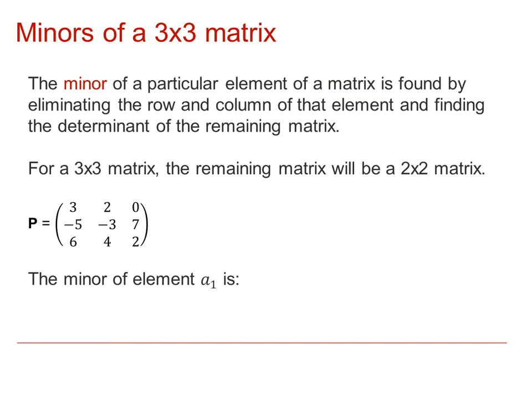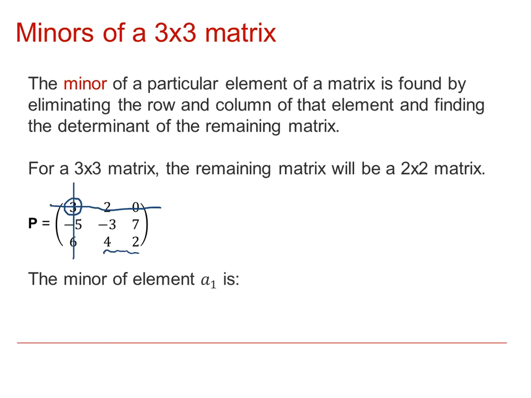Well, the first thing we need to define is what we mean by the minor of an element. So by the minor of an element, we eliminate the row and the column containing that element. So for example, if we were to find the minor of A1, which is that element there, we would start off by eliminating that row and column. That leaves us with a small sub-matrix, if you like,